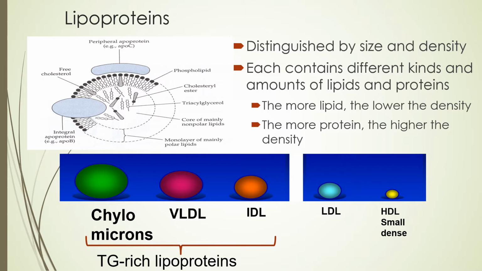And as you see in the figure, the more the lipid content, the larger the size, and the lower the density, and vice versa. So the largest in size is a chylomicron